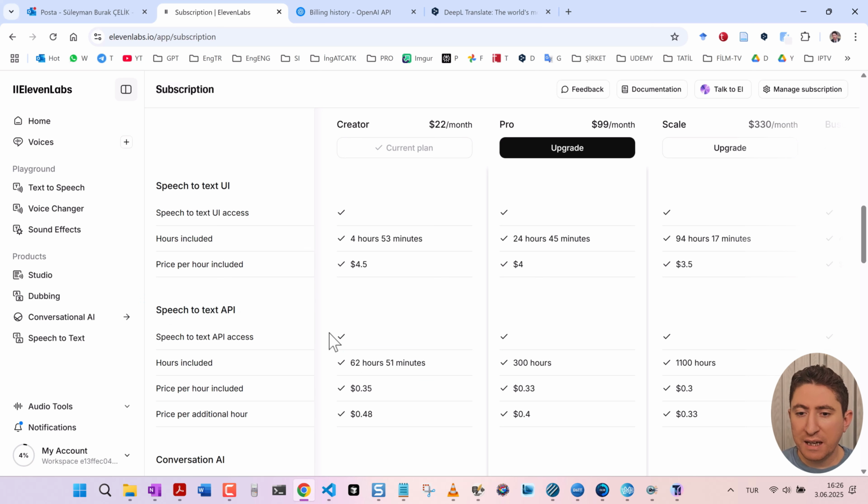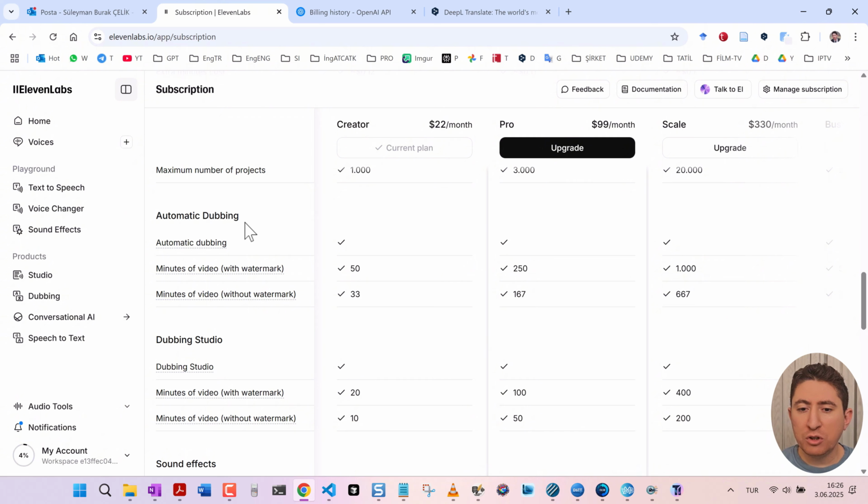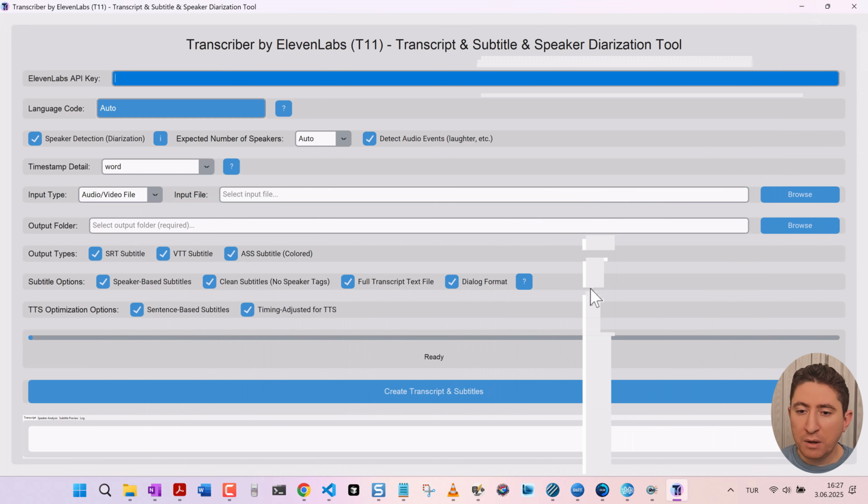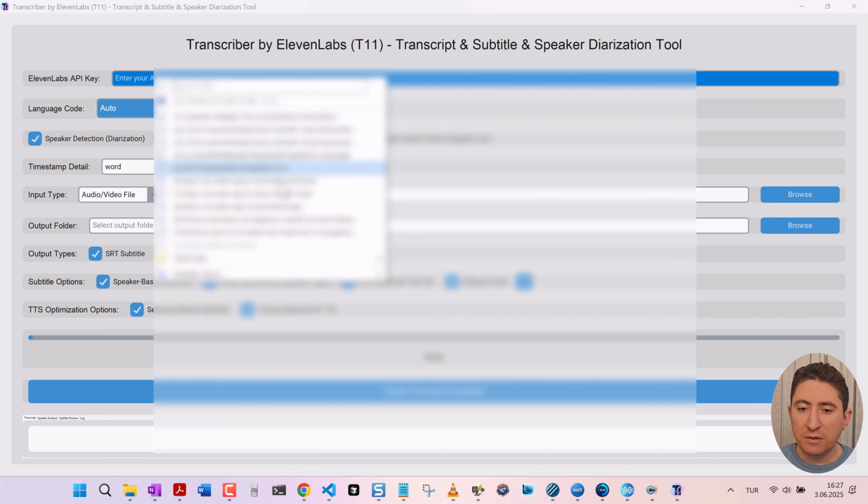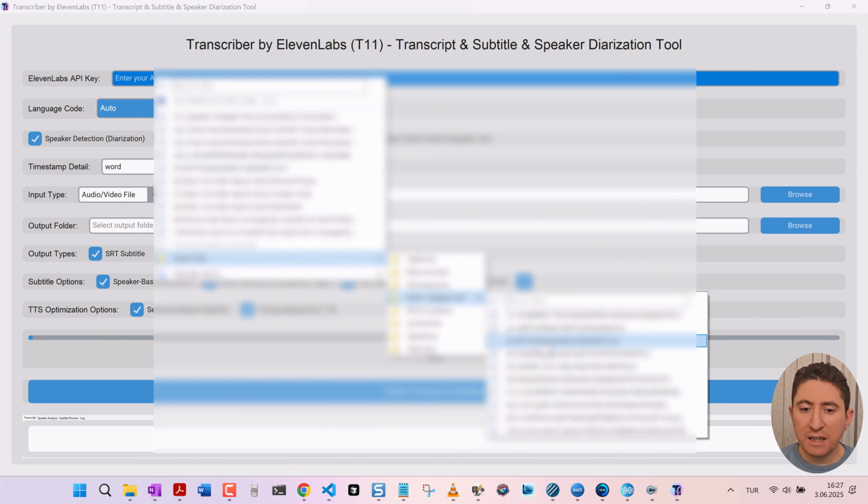We can truly see once again how important API usage is and how it provides us with incredible benefits and cost savings. Similarly, as I mentioned earlier, thanks to API usage, the cost of dubbing minutes obtained through the user interface with auto-dubbing and Dubbing Studio can be reduced by up to 12 times, without watermarks and with the ability to use your own professional voice clones. Through Voixie AI's capability to eliminate intermediaries, we aim to provide you with the highest quality results at the lowest possible cost. Perfect. Now let's return to our T11 interface and use the same ElevenLabs API key we used earlier